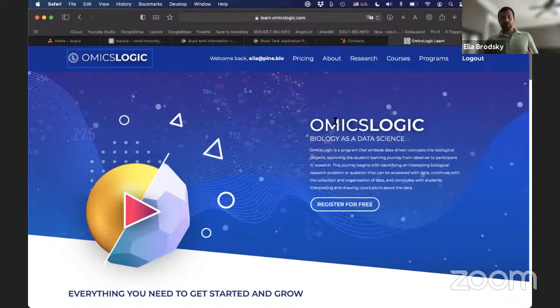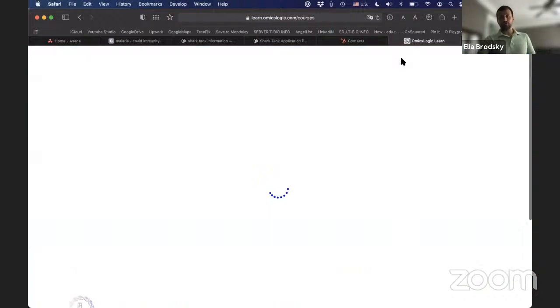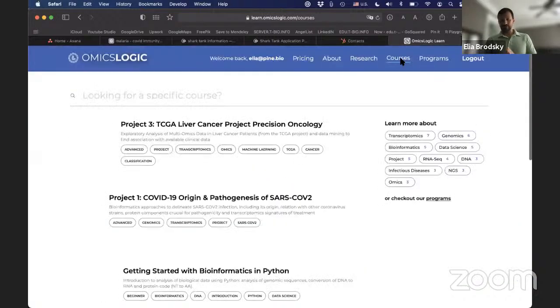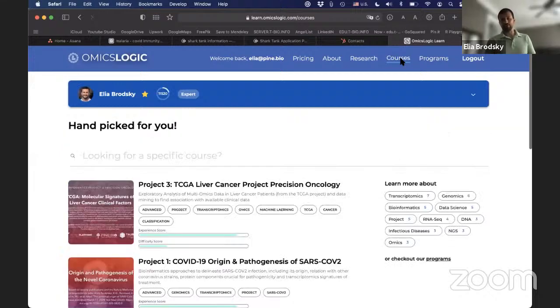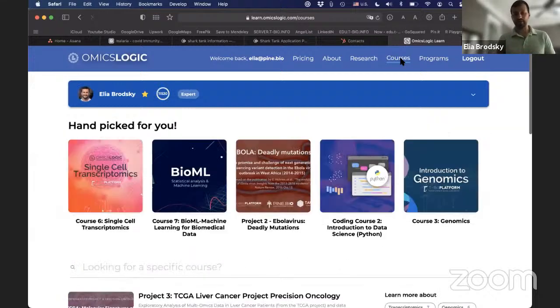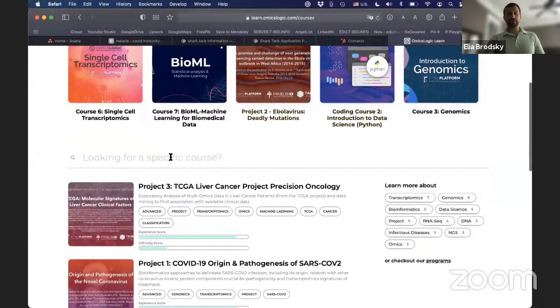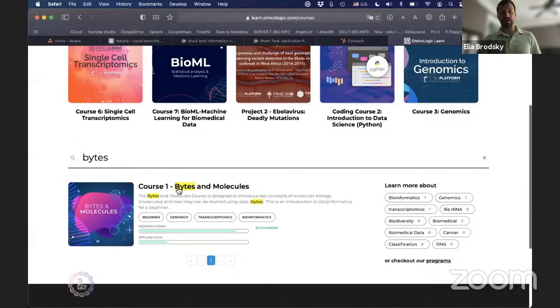Okay, so once you have registered, you can go ahead and navigate to this tab called Courses. And I'll just give you a few examples of what has been made available through this portal and how it fits in with what we're going to be doing. Once you're on the courses tab, you can navigate right here, in the search tab, to a course called Bytes and Molecules.